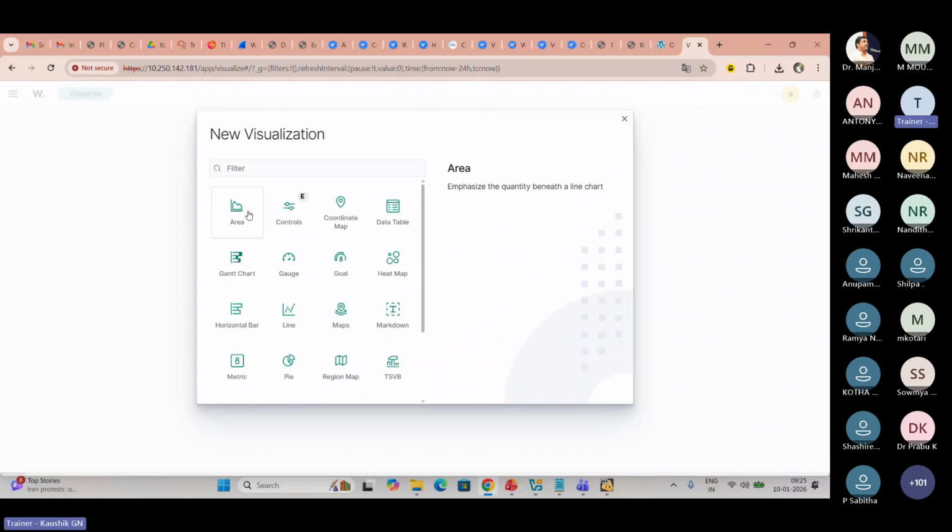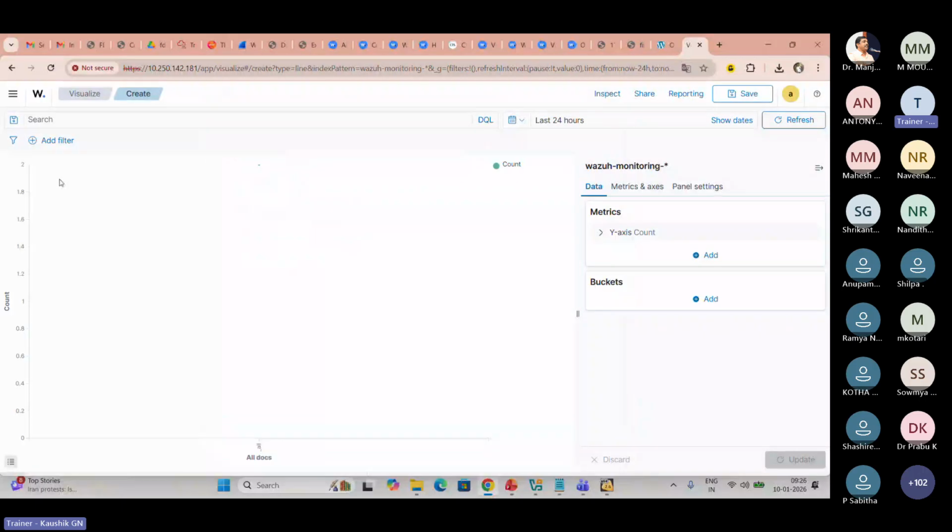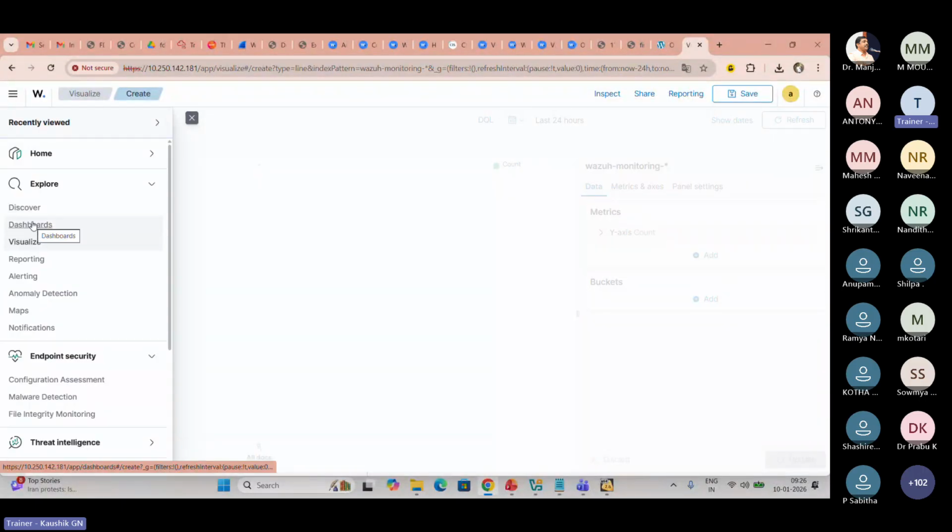Then I can create the goal data table. I can create it as an area, controls, coordinate map, data table, Gantt chart, gauge, goal, heat map, horizontal bar. Whatever kind of visualization I need, I can set it. For example, for Wazuh monitoring, this will be the visualization. Yes, this is regarding the dashboard, and how I can do it.